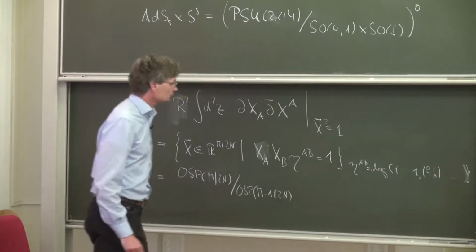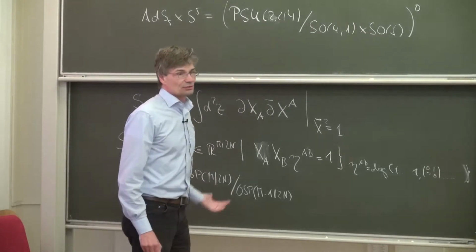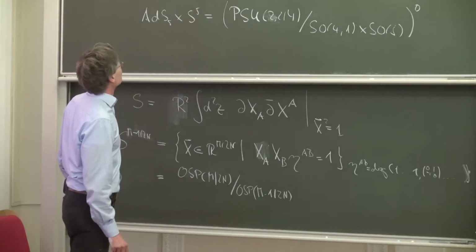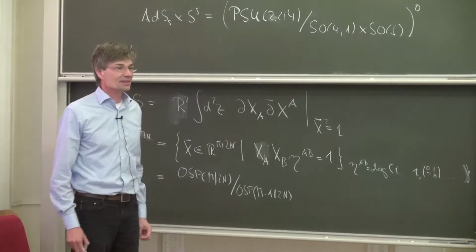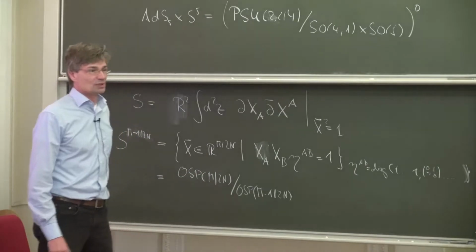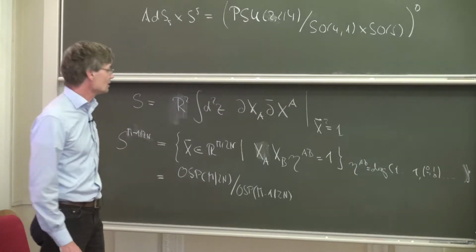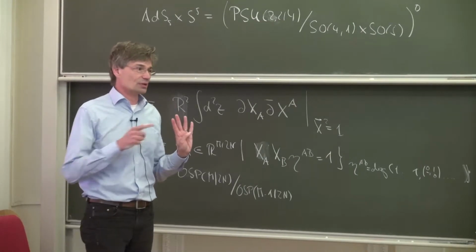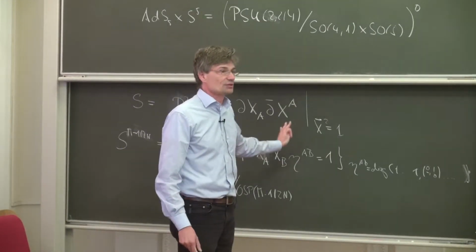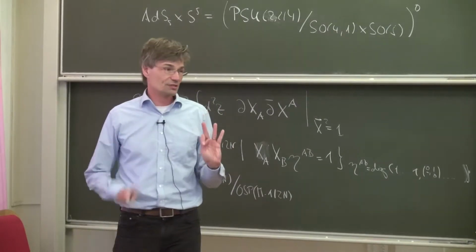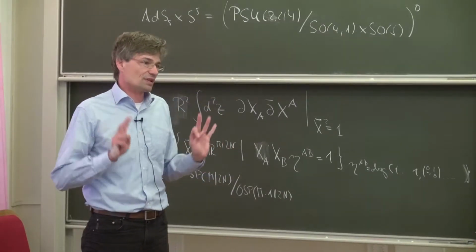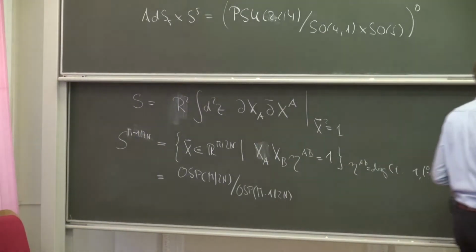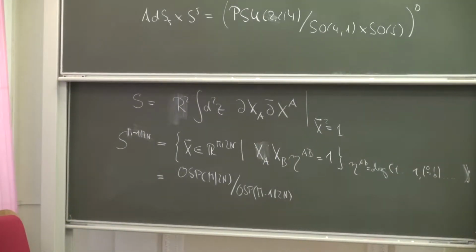If you do that, I'll do this only once, for the case that m is equal to 4 and n is equal to 1. So that's the OSP(4|2) sigma model. You start with 4 bosonic fields and 2 fermionic fields, but you eliminate one of the bosonic fields through the constraint. You end up with 3 bosonic fields and 2 fermionic fields. The 3 bosonic fields parameterize the sphere, so they are angles. And the action that you get, if you do that,